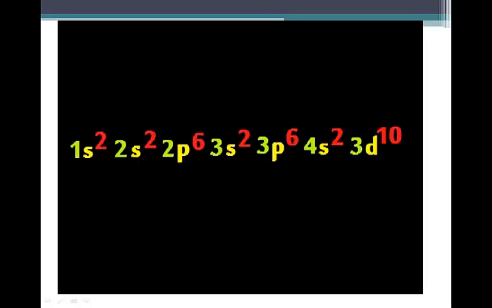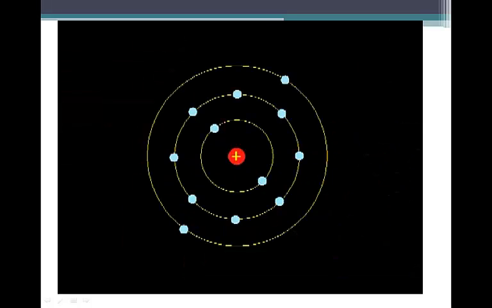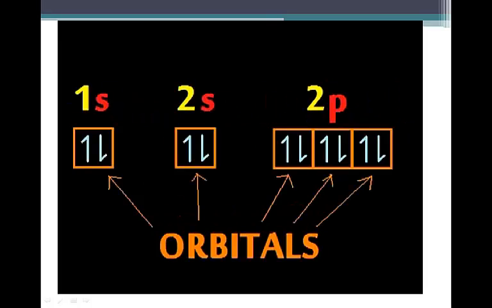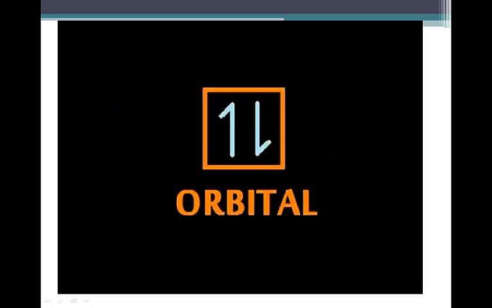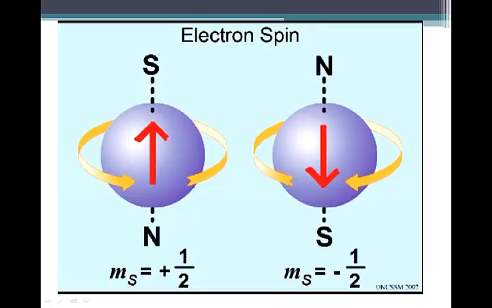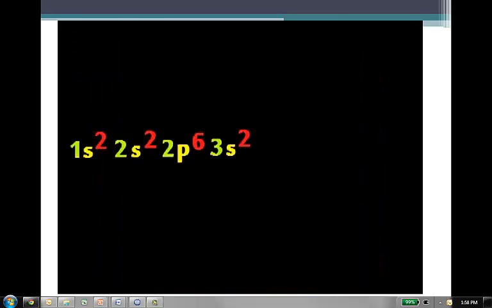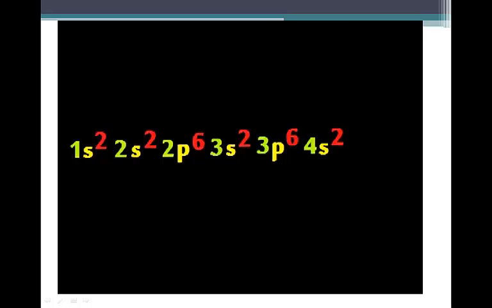1s2, 2s2, 2p6, 3s2, 3p6, 4s2, 3d10. Electrons are found outside the nucleus. They zip around in energy levels, which are made up of sublevels, which can then be broken down into orbitals, and 2 electrons per orbital. Each one has opposite spin. Woo, woo, woo, woo, woo, woo. And it's 1s2, 2s2, 2p6, 3s2, 3p6, 4s2,